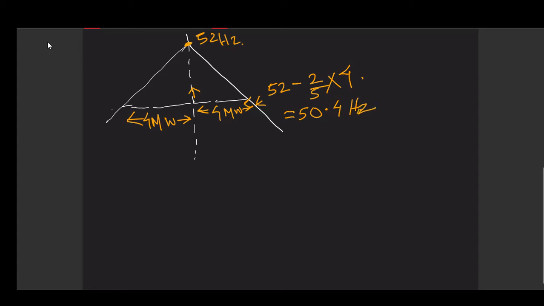Anyway, if you further drop the load, load drop means somebody who was absorbing electrical output from the generator's output terminal just reduces its demand. Suppose in the evening it was 8 megawatt, and at night around 11 pm it drops to 6 megawatt. In that case, as they are identical, there will be 3 megawatt power sharing. And what would be the frequency? The frequency will become something like